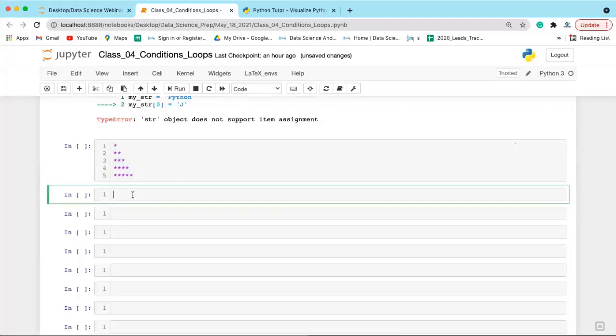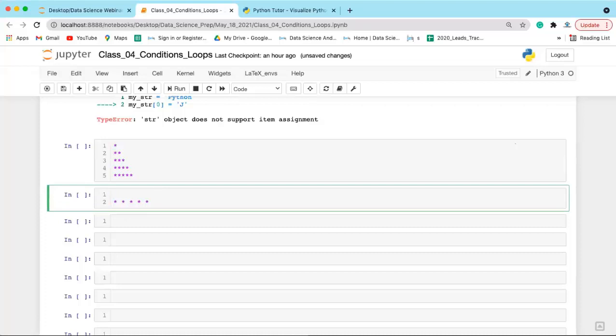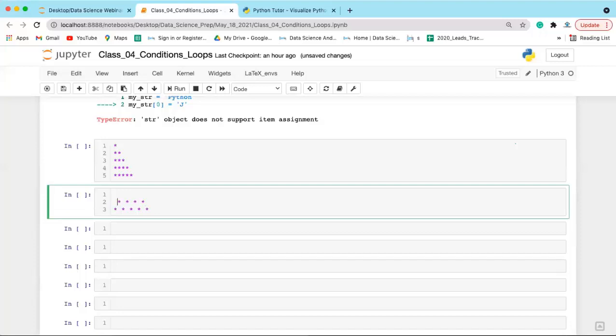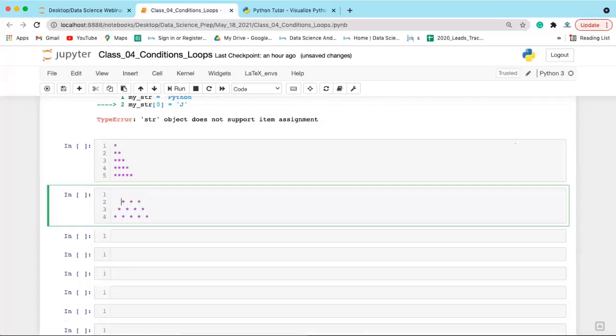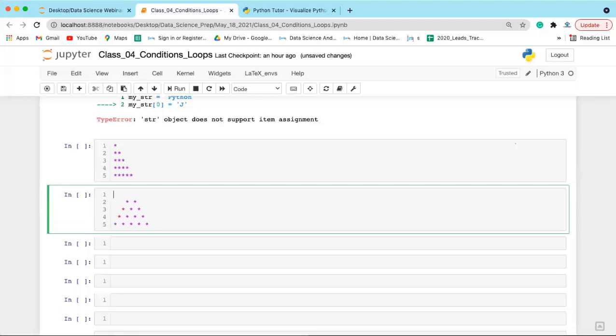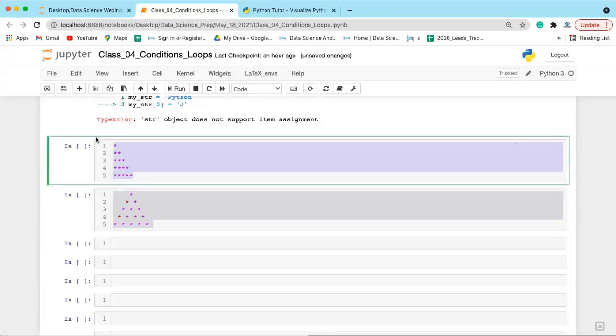This pattern and then this pattern. You have to print this pattern and this pattern. Try this with a loop. You might have to use a nested loop or a single loop. Try to do it. We will be coming to that.